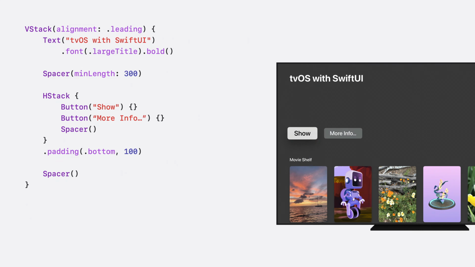To properly introduce the home view, we'd like that wide background image, expanding to fill the very edges of the screen with gorgeous imagery. We can start by adding a simple view containing a title and a couple of buttons, separated by some space to allow the imagery to show through.